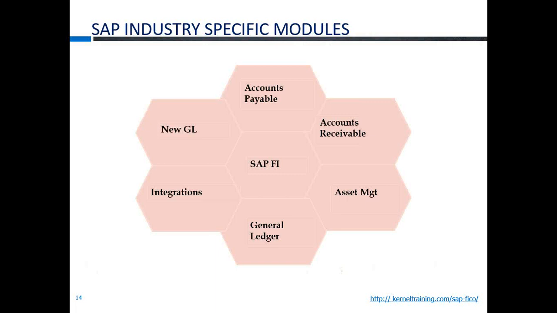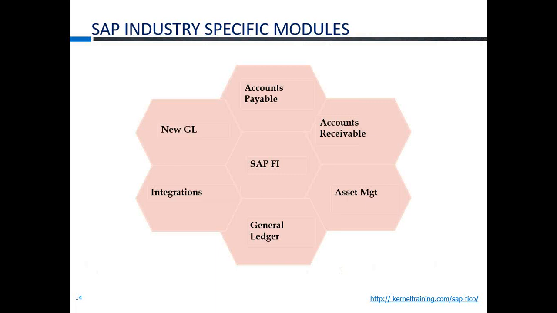Then coming to the important part, which is integrations. The FI module is the one for which you need integration from various departments, and very important are SD and MM. Those integrations will be taught. What is mainly concentrated on is how to create an interface between your material management and FI, which is integration with MM. Next comes integration with SD, how your cash receivables are connected or interfaced into the FI module.